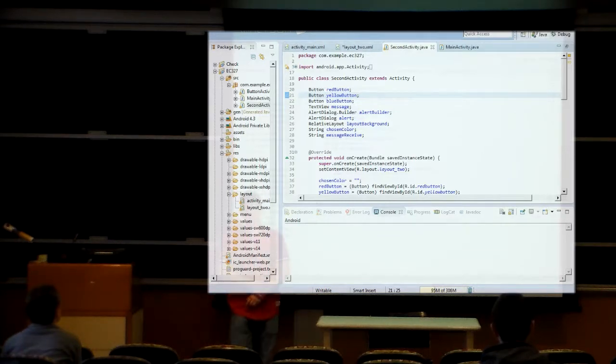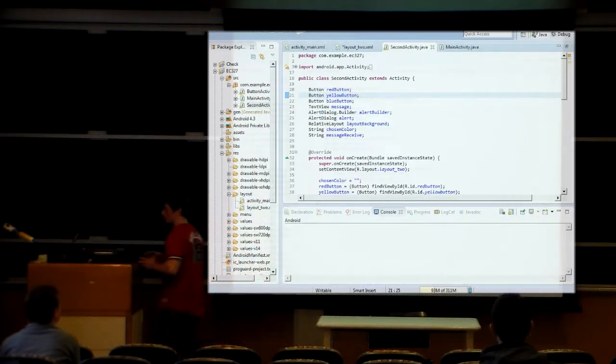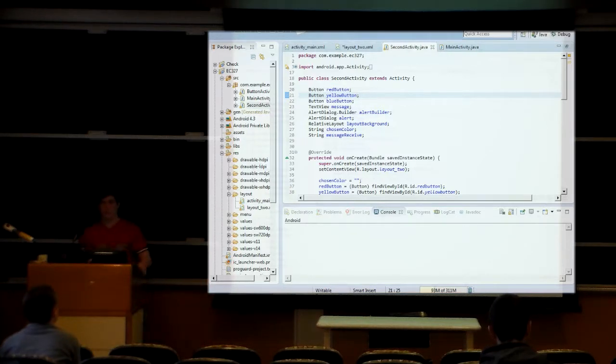So when you guys type in button and then make those variables, basically we're going to be assigning the buttons that we need in the XML file to these variables in a second. But there might be a little red squiggly line under the thing that says button. So what you're going to need to do is take your mouse and just hover over it for a sec, and a dialog box pops up. And there should be an option that says import button. What this is